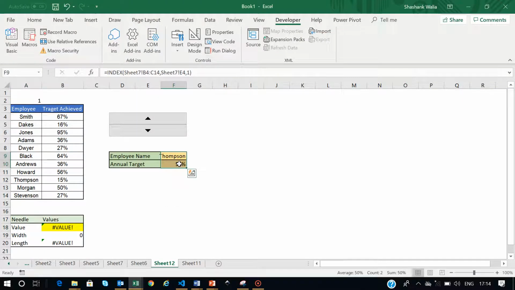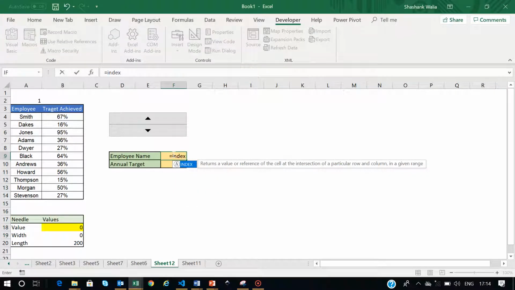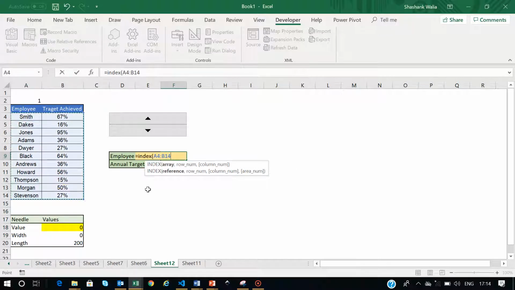So I will delete this and type index, equal to INDEX open parentheses, and then this is my data set where I want to pick up the data, and then the row number. If you see, I have selected data from row number 4 to row number 14, right? So it means that whatever value